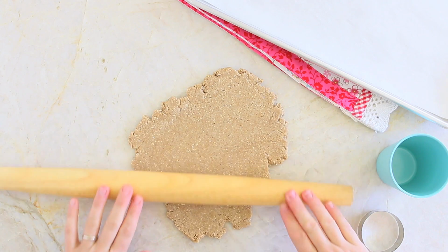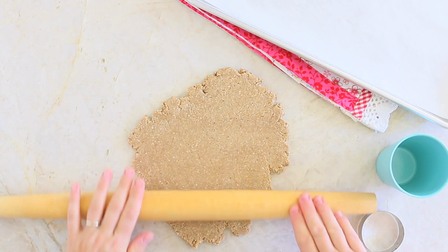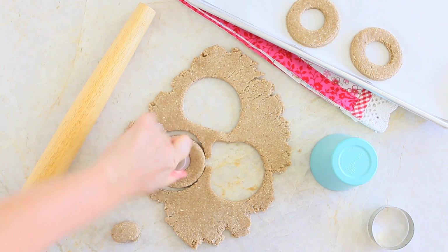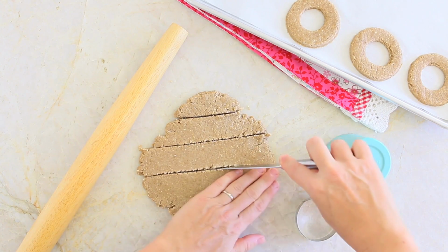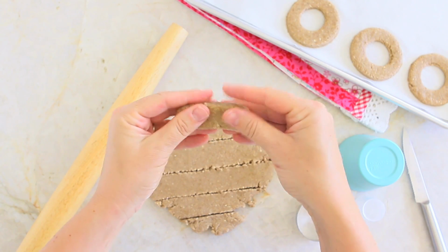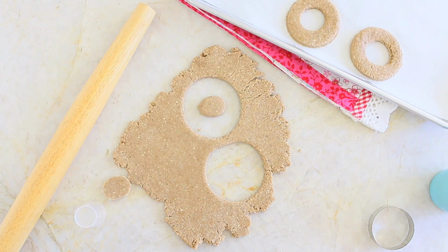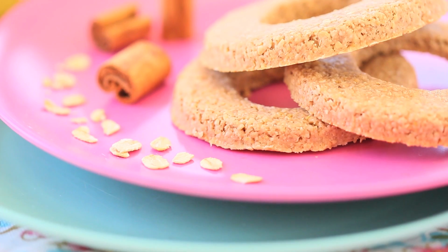At this point, roll the dough into a 1/4 inch thick sheet and cut any shape that can be easily handled by your baby. Sticks and circles are the easiest for you to prepare and for your little one to chew. Place the cookies on a parchment paper foil on a baking sheet and bake them for 15-20 minutes